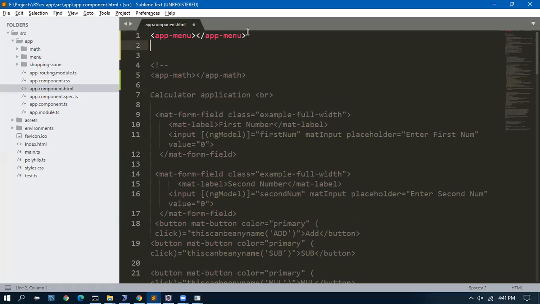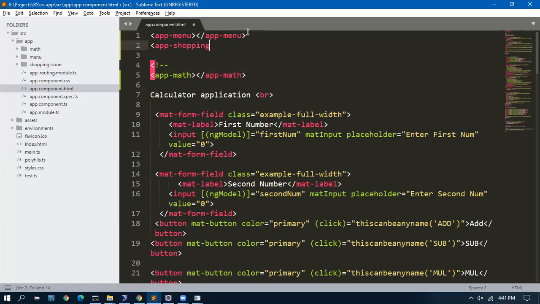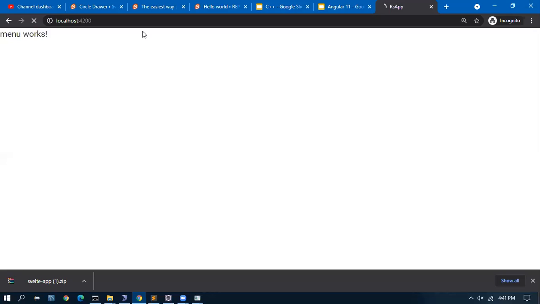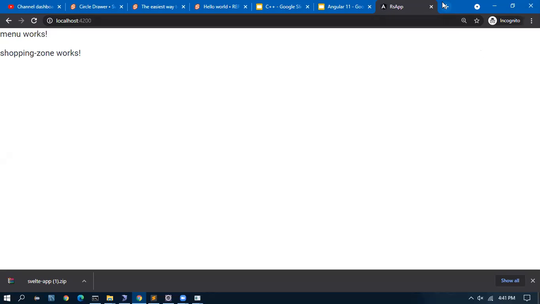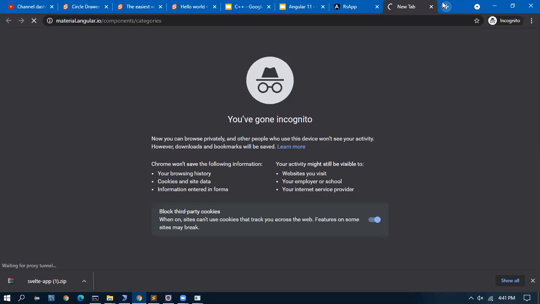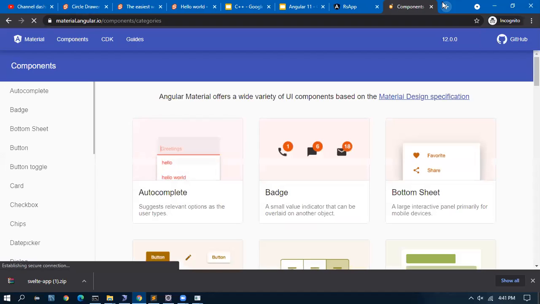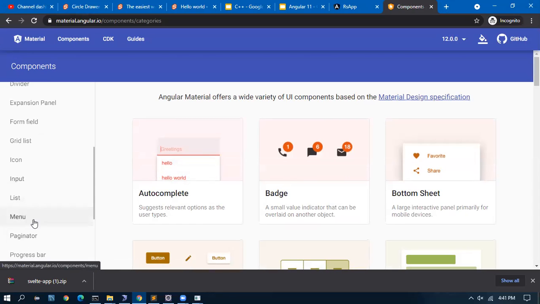And then we will have the app-shopping zone. Shopping zone works super. I'll go to material and menu.